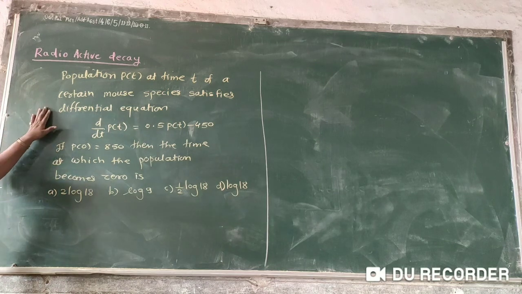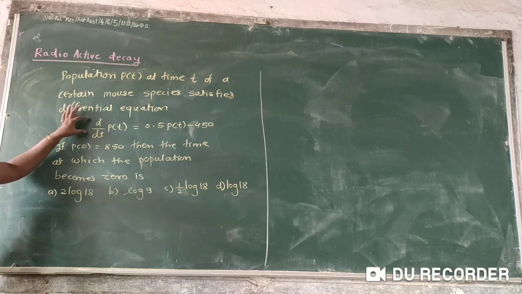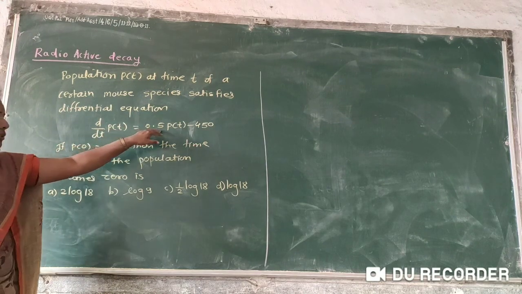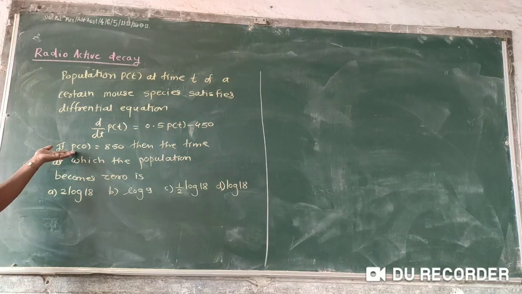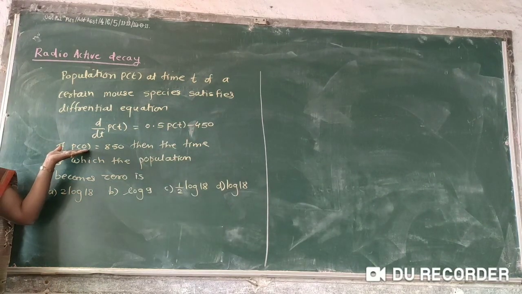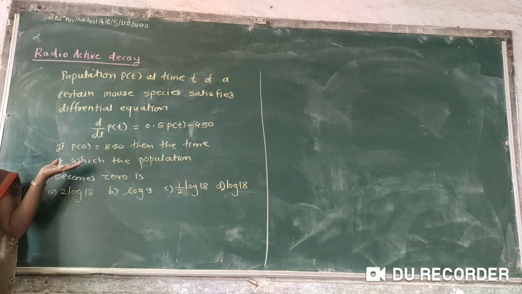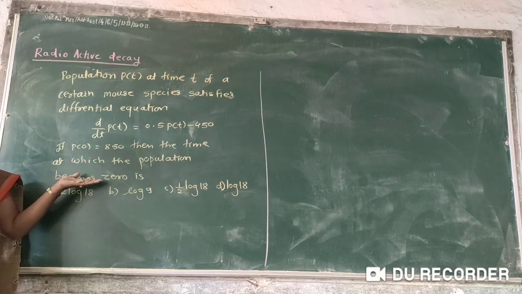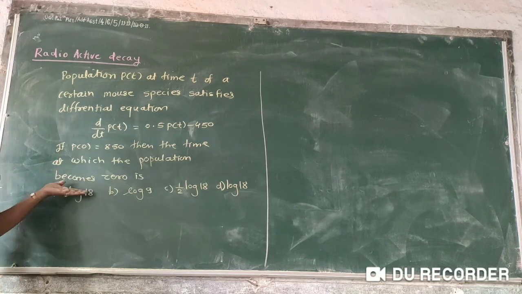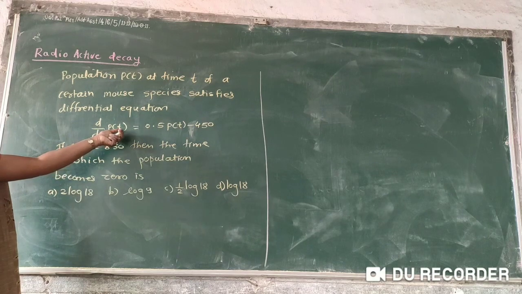आता तुम्हाला या एक्झाम्पल मध्ये काय दिलंय तर इथं तुम्हाला डिफरन्शियल इक्वेशन डायरेक्ट दिलेलं आहे. d by dt of p of t equal to 0.5 p of t minus 450 आणि initial p of 0 means time t equal to 0, then population is 850 आणि आपल्याला हे फाइंड आउट करायचे it becomes 0. हे 0 केव्हा होईल ते टाइम फाइंड आउट करायचं आहे. म्हणजे इथं डिक्रीजिंग रेट आहे म्हणून मी इथं घेते एक्झाम्पल. बघा, given equation t means the time.